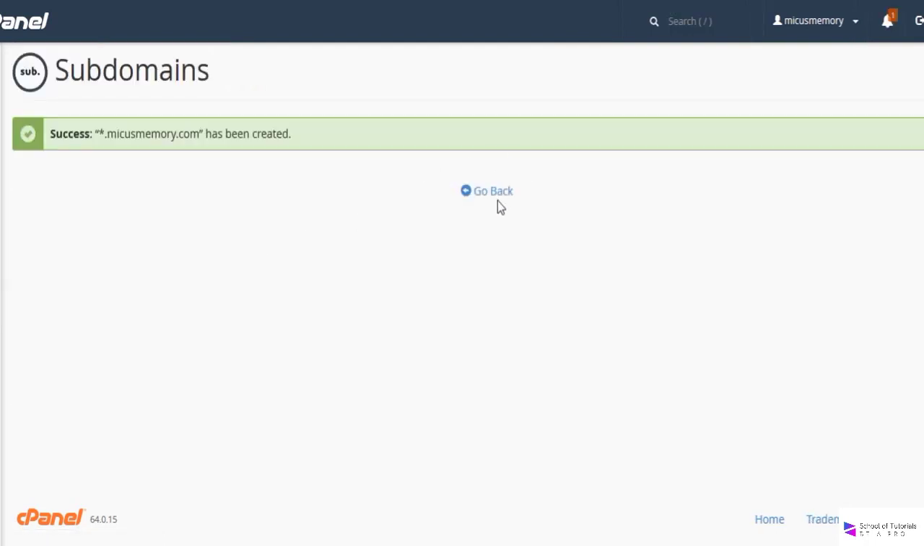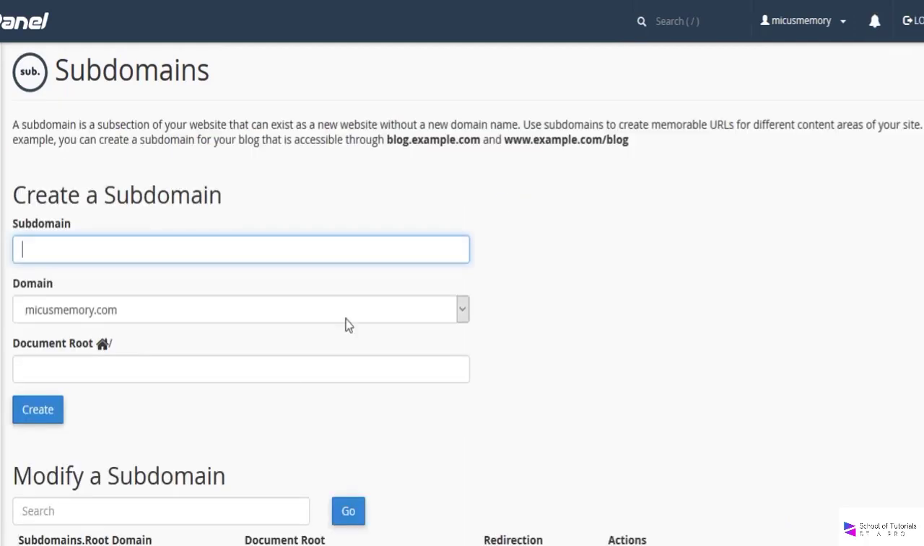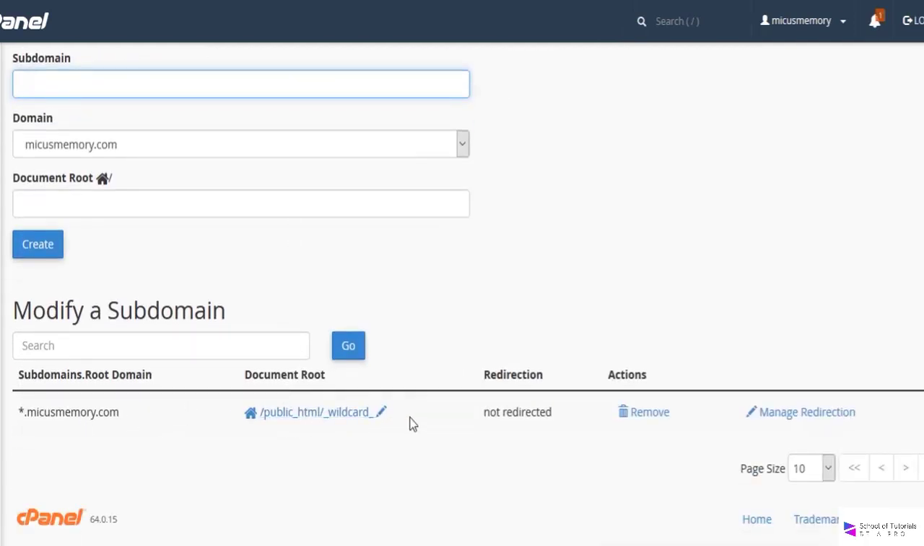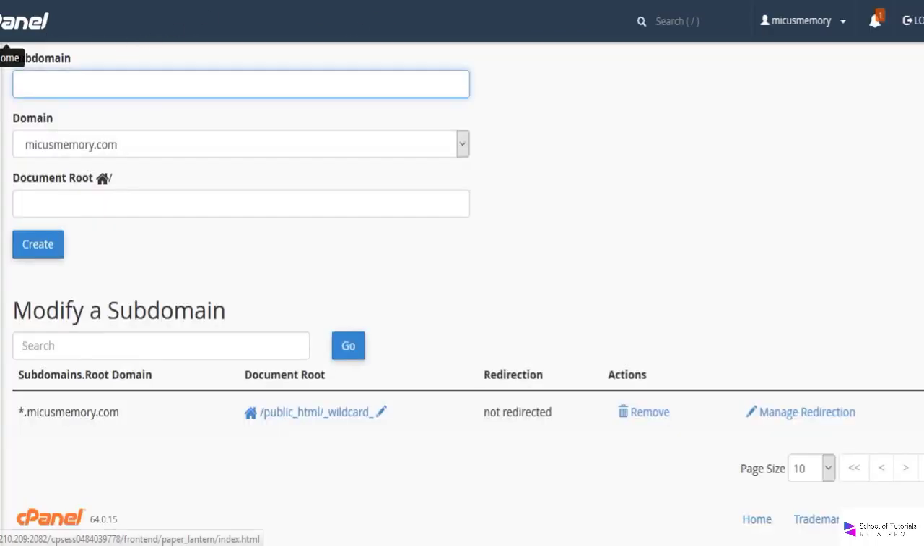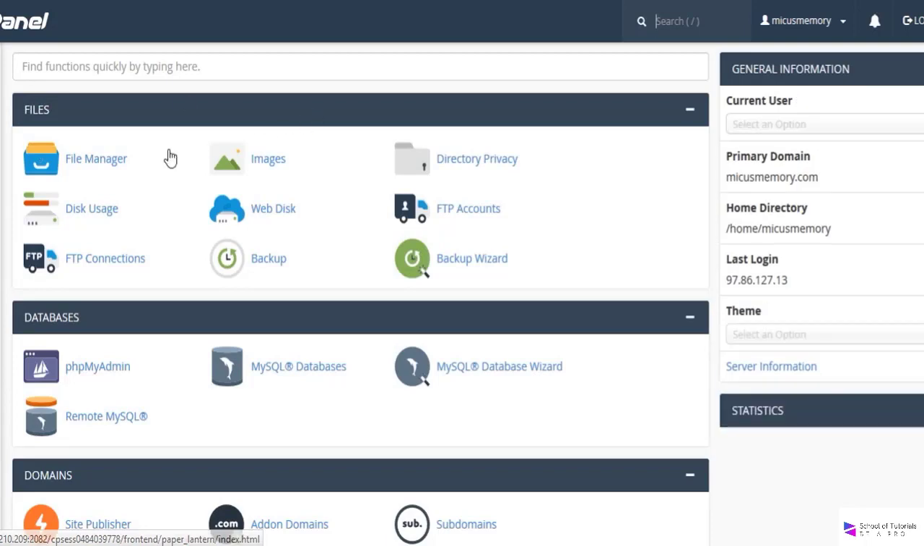and now it has created that wildcard subdomain. So when we go back, that subdomain is listed here with the document root as public_html/wildcard_, but that is not the domain that we want. So let's go back to the dashboard of the actual cPanel account. Sorry, that's not it. Okay, so we'll click here, and we're going to go to the file manager,